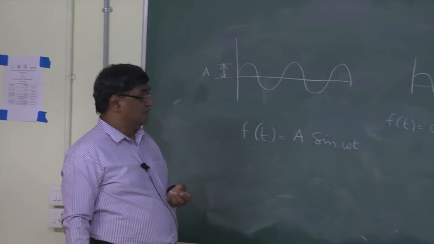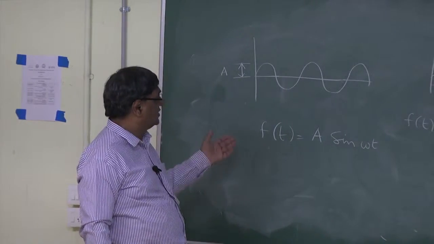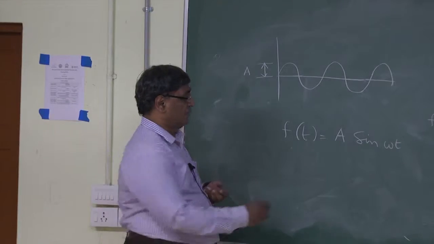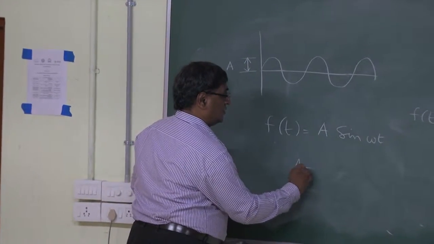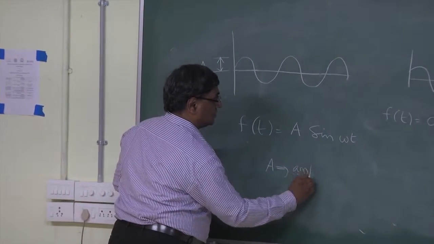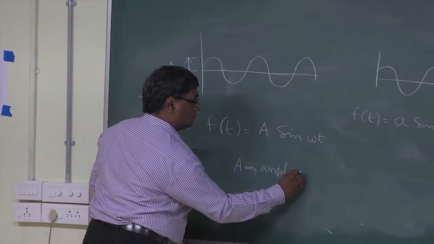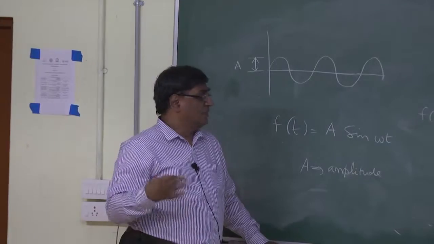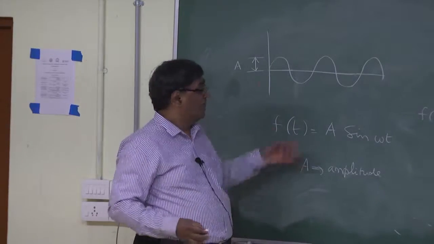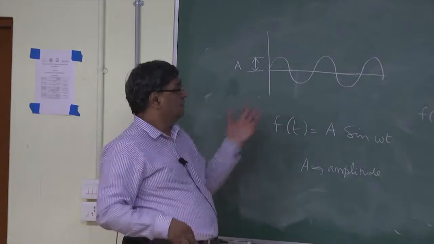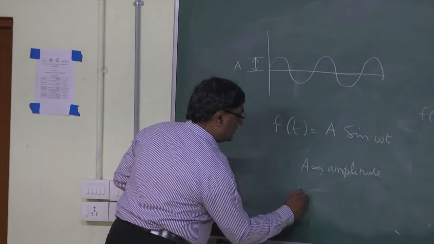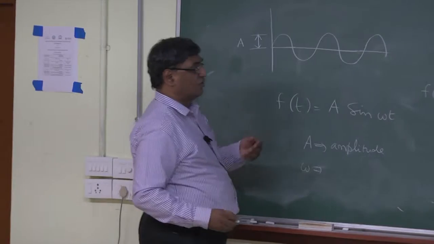Know that it can be represented in terms of, let us say for example in this case, f of t equal to a sin omega t, where a is the amplitude. What does amplitude represent? You can say it represents the energy content, but a square is taken as the content of energy, and omega, in this case, is angular frequency.